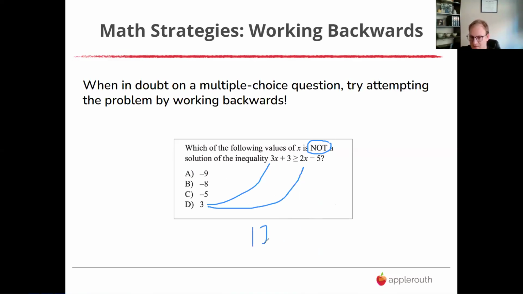You would get 12. 9 plus 3 is greater than or equal to 6 minus 5. Well, yeah, where I come from, 12 is definitely bigger than 1. And then there are ways that you could just graph this and just look and see, okay, well, which x value is in the shaded region and which one is not. But honestly, that's probably making it more difficult than it needs to be for a question like this.